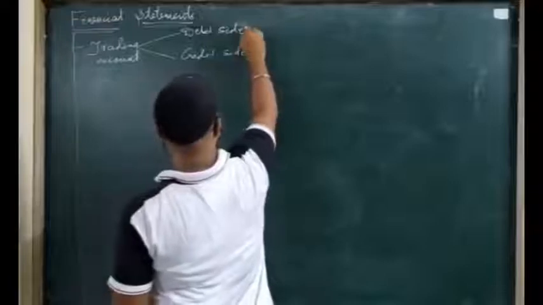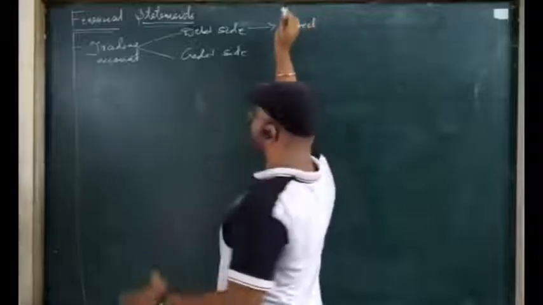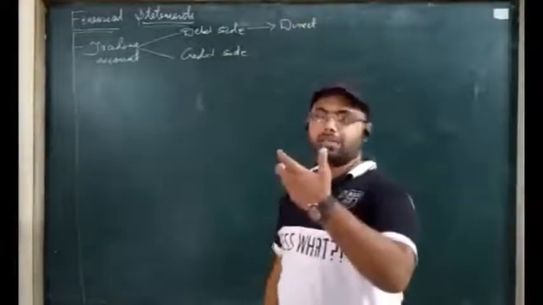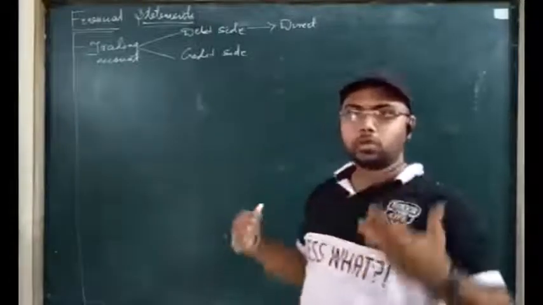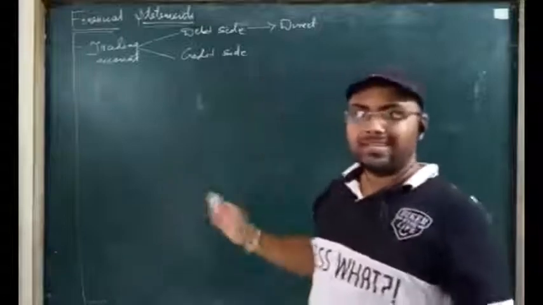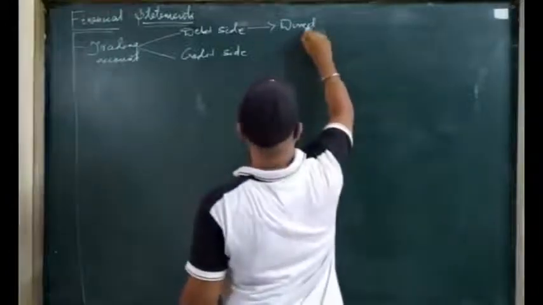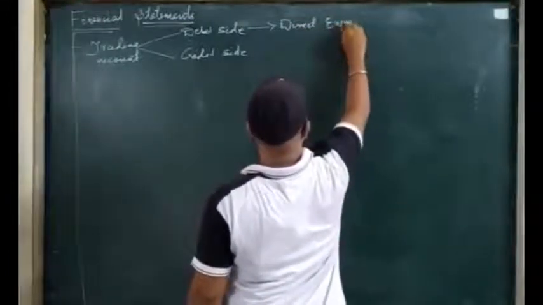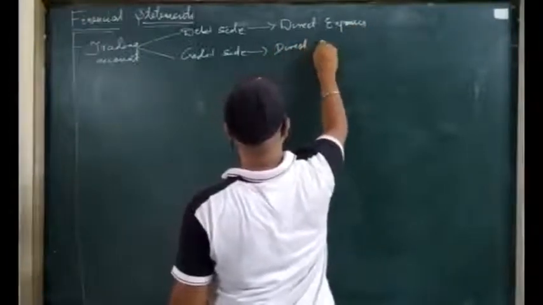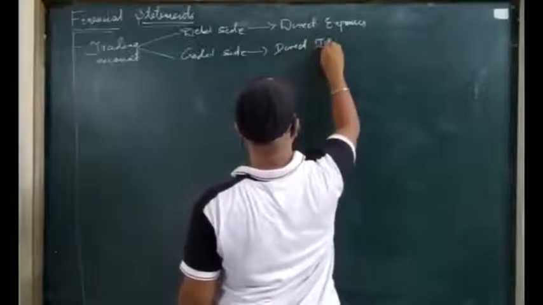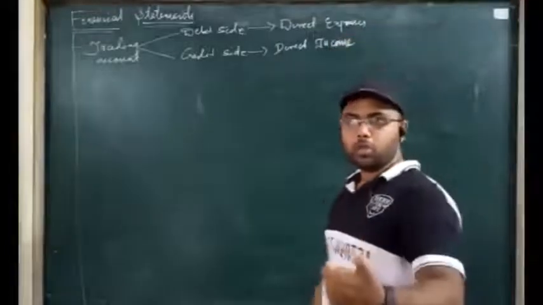Under the debit side, we write the direct expenses. I have already told you the meaning of this financial statement and of the expenses. By the medium of this video I am just telling you how to post expenses and how to post the assets and liabilities. These meanings are already discussed, so I am not going deeper into it. In the debit side, direct expenses are written, and in the credit side, direct income, that is only sales. Direct income is the single item, that is sales. You don't have any other direct income other than sales that will be posted to the trading account.